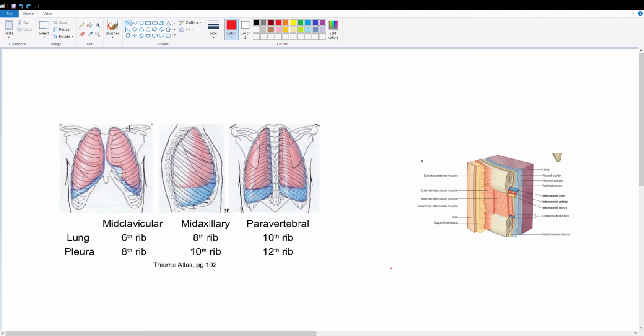We have the midclavicular line halfway down the clavicle, the axillary line down the axilla, so the axilla is the armpit region, and the paravertebral line, which is right beside the vertebrae. Exactly what it sounds like. The needle is inserted in different places because the pleural space is actually found in different areas depending on which axis you're using. So, in the midclavicular line, our lung ends at rib 6 and our pleura ends at rib